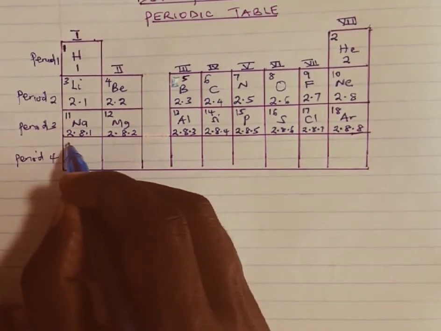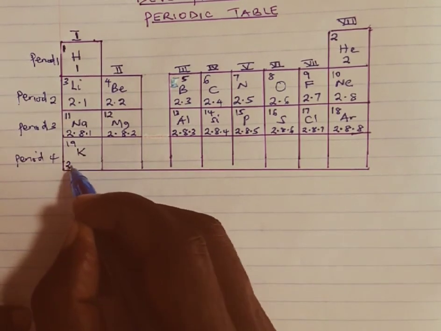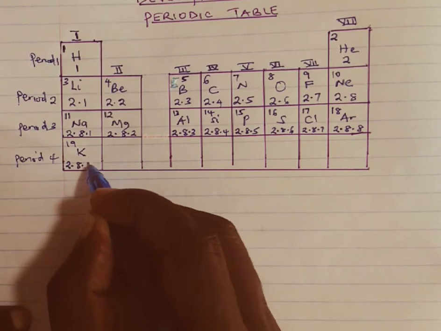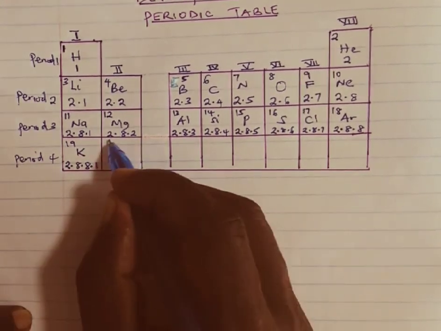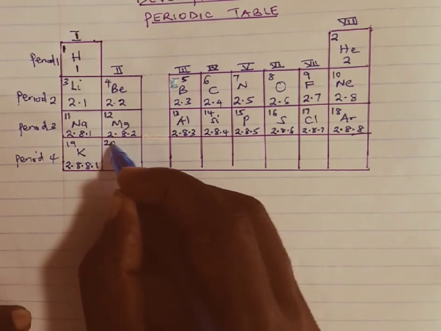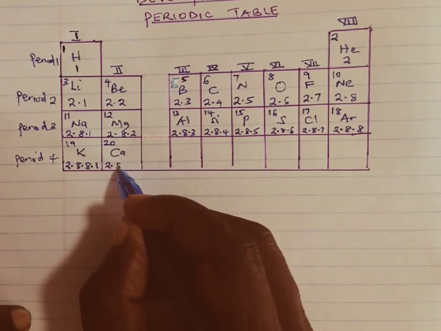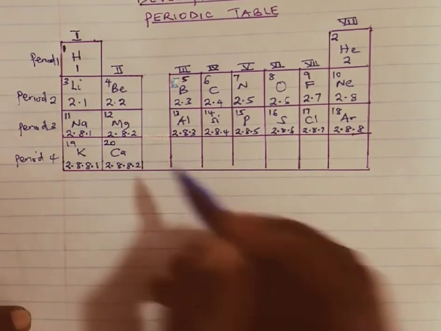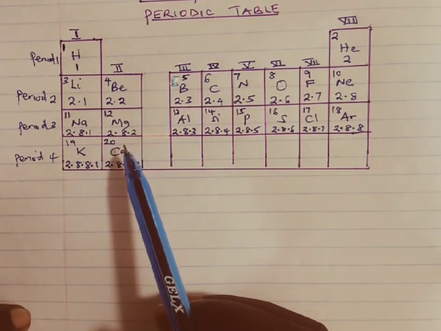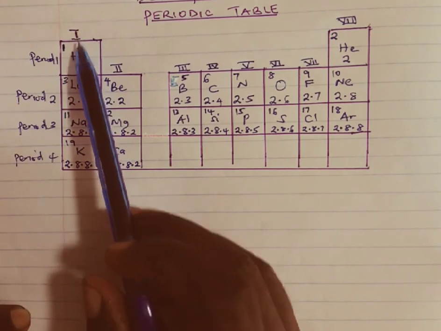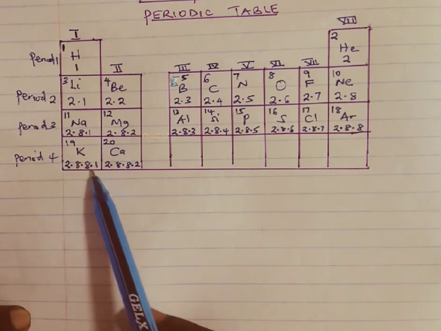Then we have number 19, which is potassium with an electron arrangement of 2, 8, 8, 1. We have lastly number 20, which is calcium with an electron arrangement of 2, 8, 8, 2. So you can realize from this periodic table that the first group has hydrogen, lithium, sodium, and